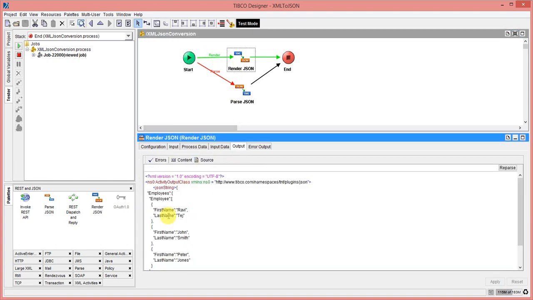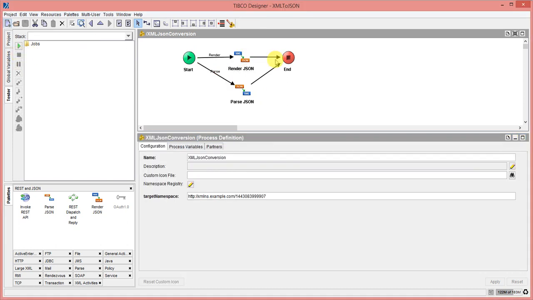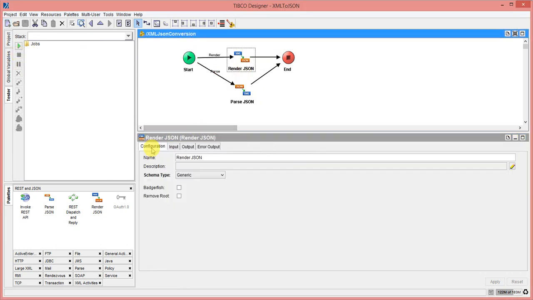So if I select source, here you can see the JSON string, right? So now I will show you how it goes with the XSD. In the JSON input, we have seen it is generic, and I will show you the remove root option. So the remove root option, if I select this,